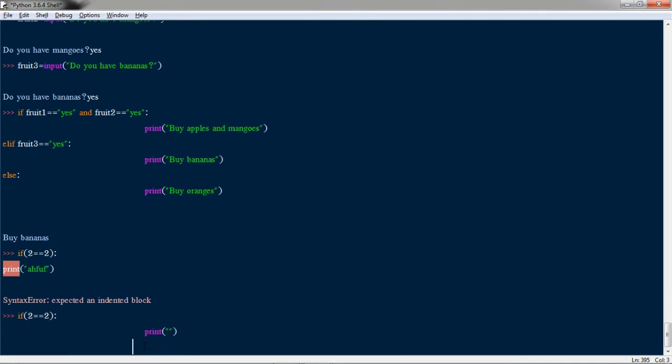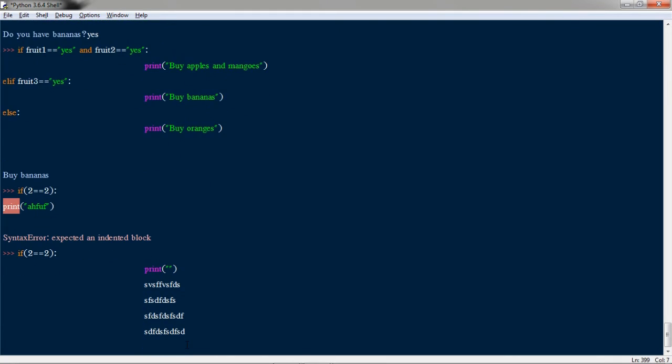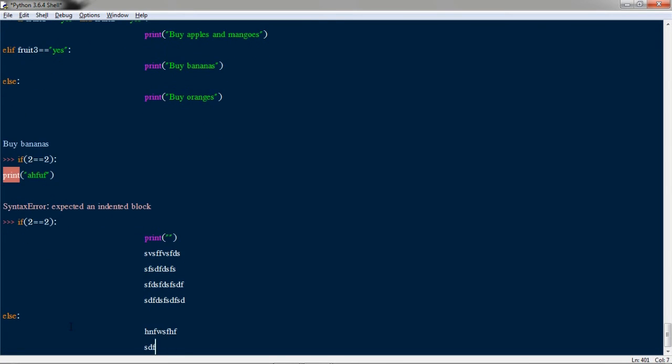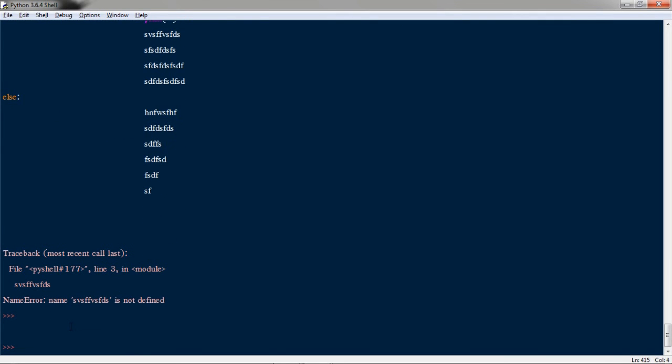So I have to start it properly. If I start my statement from here, I'll get an error. I have to start my statement from here. I will start it from here. Whatever you write within this, whatever you keep on writing, is part of this if. And let's say now you have to switch to else. Simply go to the line just beneath your if, and now here you will write your else part. Again, whatever you specify in the same indentation is part of this else. I hope I am clear.